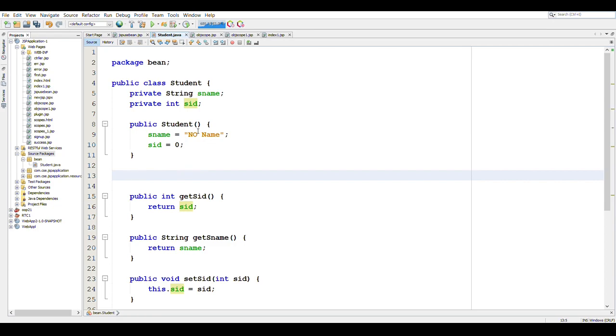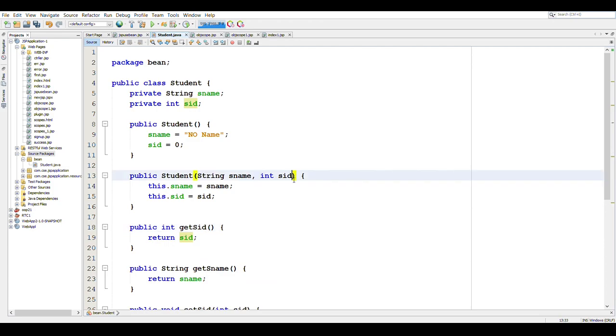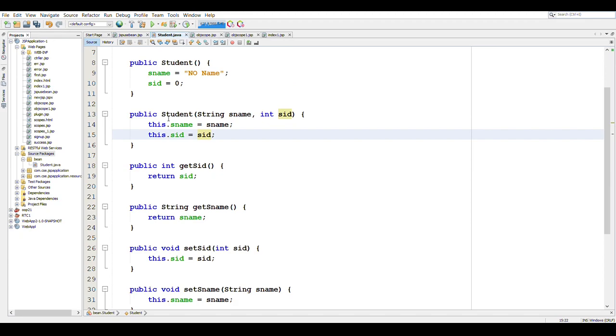This is what we write in the default constructor. We can also create a parameterized constructor, so here we have String sname and int sid, and we are just setting the values. So this is our Java bean that we have created. Now we will go to our JSP file and see how we can create a Java bean instance in it.